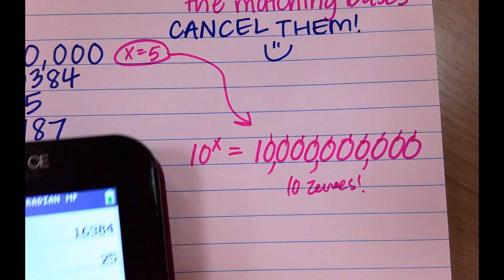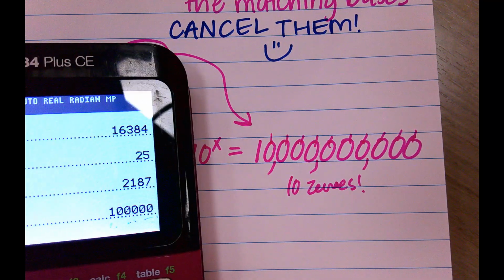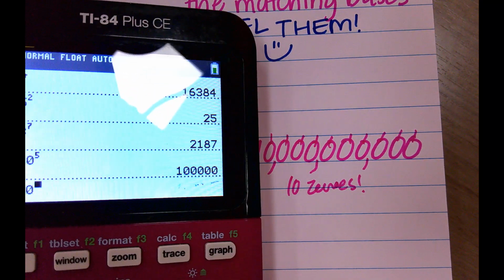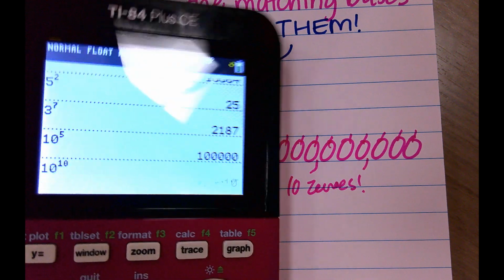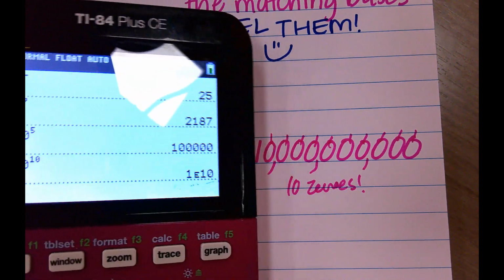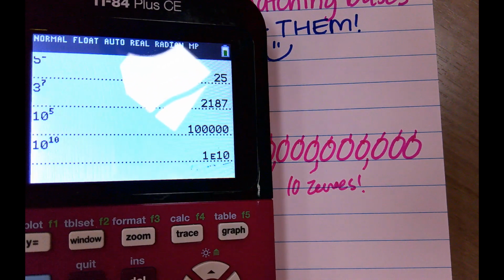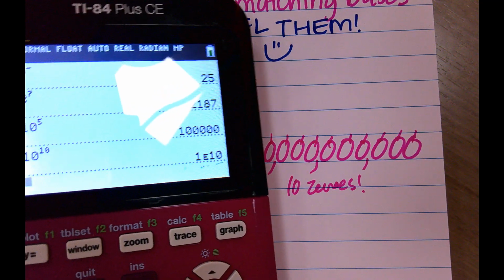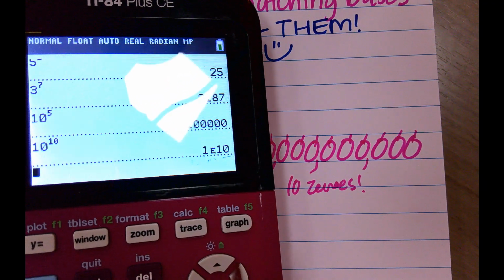Yeah, so let's double check. So 10, no, see, watch what it brings. Oh, that's brought up something weird. 10 to the 10th power. Enter. Ooh, 1e10. Y'all ever seen that? No. So what this is saying